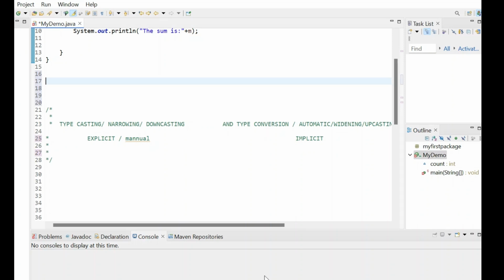Hello guys, welcome back. In this lecture, we are going to cover typecasting as well as type conversion. In general, typecasting is also called narrowing, downcasting, explicit casting or manual casting, anything we can call. In the same manner, type conversion can also be represented as automatic, widening, upcasting as well as implicit casting. So the basic difference between typecasting and type conversion is this has to be operated on the